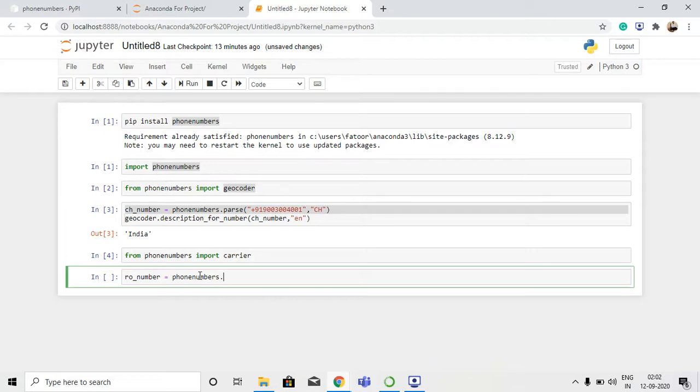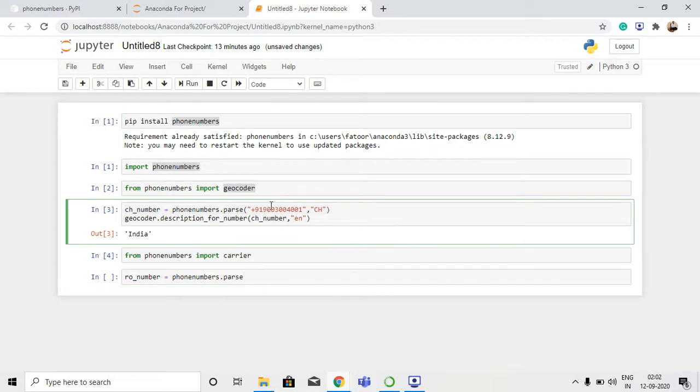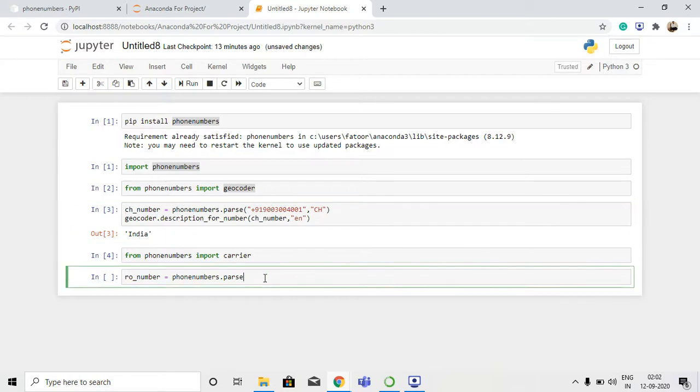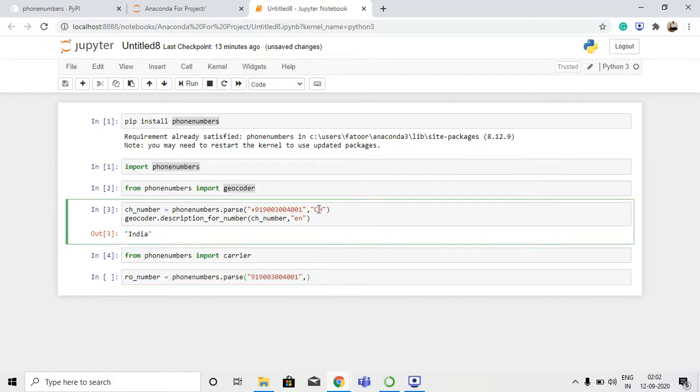dot. I'm going to use the parse command just like we did in the first part of the program. We do it again, and inside the brackets we are going to provide first the country code, and let's say I'm going to use the same number again, 9003004001. And after this, just like we use ch, the country keyword, to